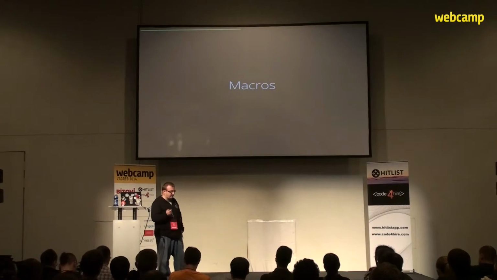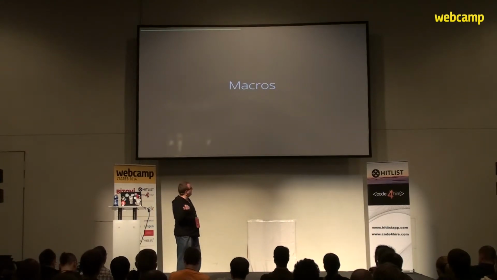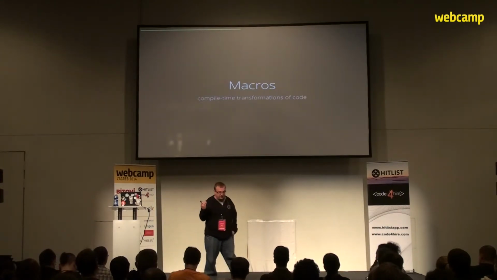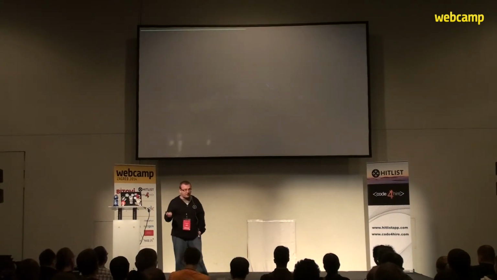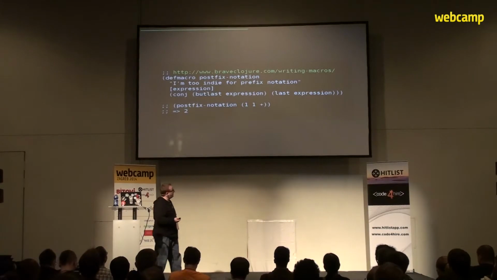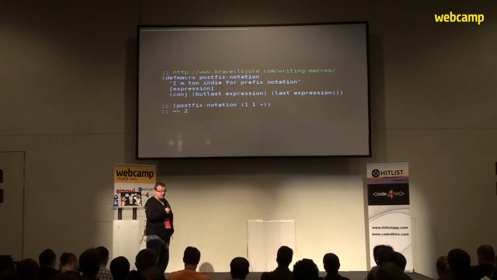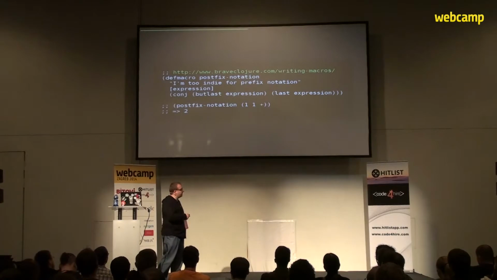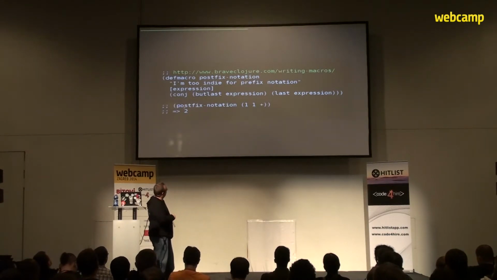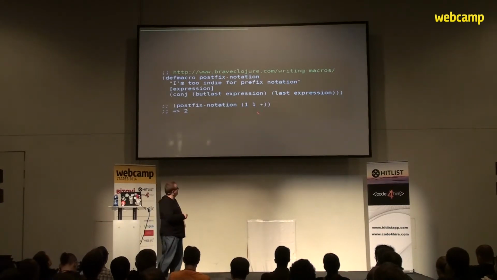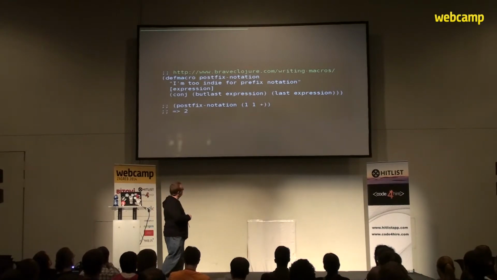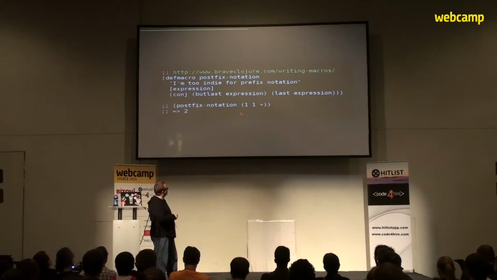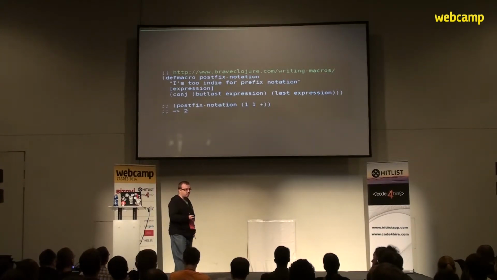And I'll just pass through this, but I had to mention it because it's a Lisp: macros. They're basically compile time transformations of your code. And 3 minutes isn't enough to explain macros, but I'll try to give you an example. So you remember that prefix notation we've seen earlier. Well, let's say we want to do postfix notation. So this isn't legal Clojure. This wouldn't pass through the compiler. However, once we define a macro, we can transform this into a prefix notation, which is perfectly legal Clojure, and